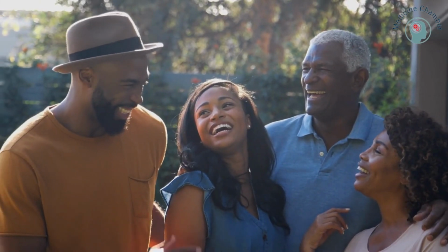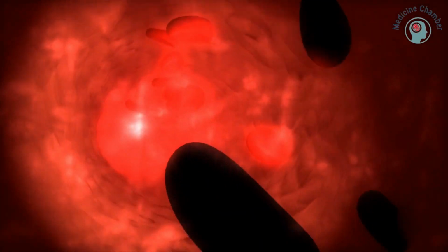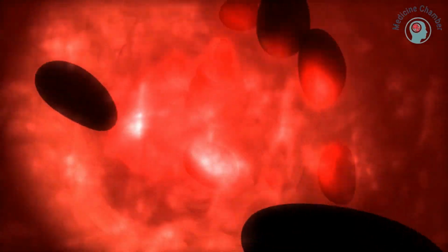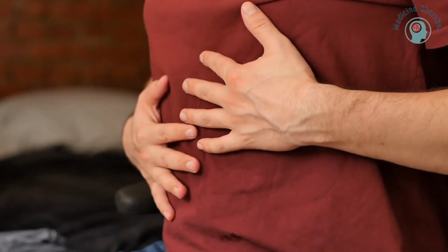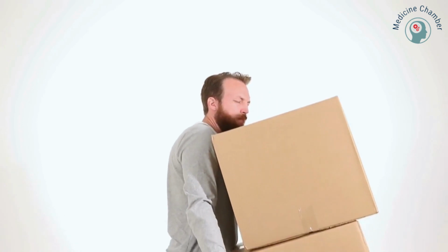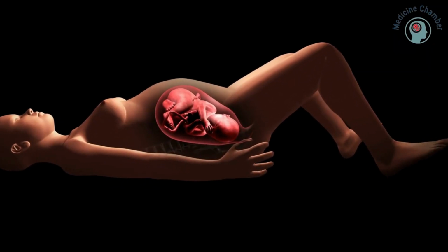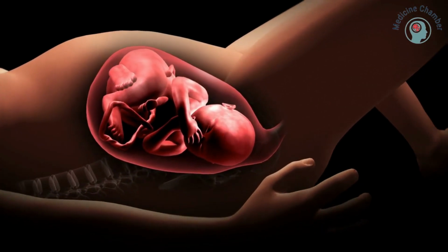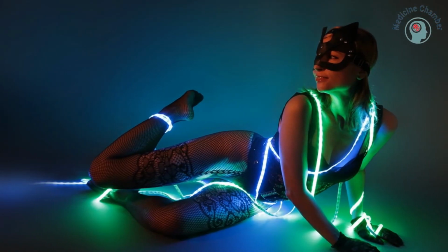You may be more likely to get hemorrhoids if other family members, like your parents, had them. Pressure building up in your lower rectum can affect blood flow and make the veins there swell. That may happen from pushing during bowel movements, straining when you do something that's physically hard, like lifting something heavy, extra weight, like obesity, pregnancy, when your growing uterus presses on your veins, a diet low in fiber, anal sex,